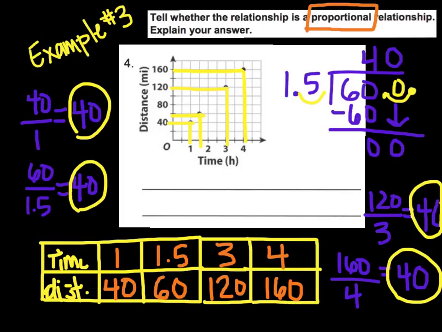If we look back at the directions to see what it really wants me to write on these lines as my answer, it says, tell whether the relationship is proportional. That means I should answer this by saying yes or no. If I look back, I got 40, 40, 40, 40. All the numbers are the same, so I would say yes, it's proportional because it is increasing